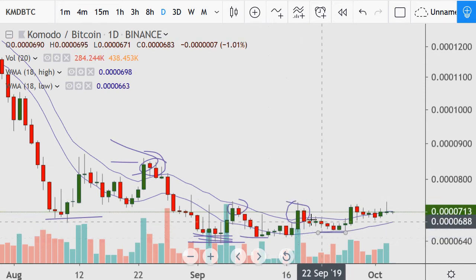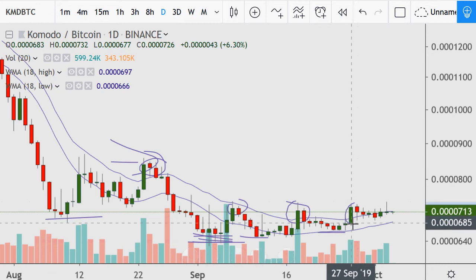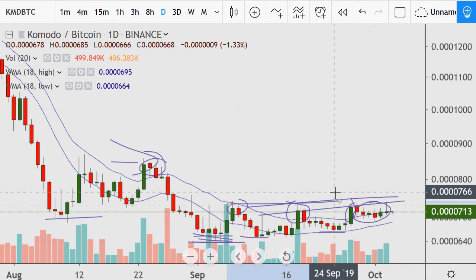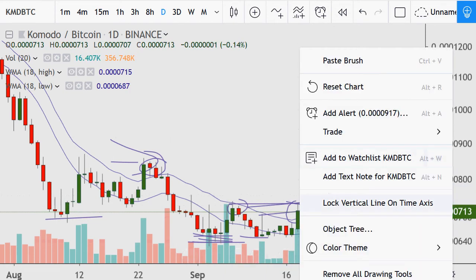So there's a statement. Now, after the statement was being made there, now we're seeing all of this in here. So we know there's a major resistance level above here. So if this gets to like 7, and even 7.5, let me just clear those lines so I can see a better number.